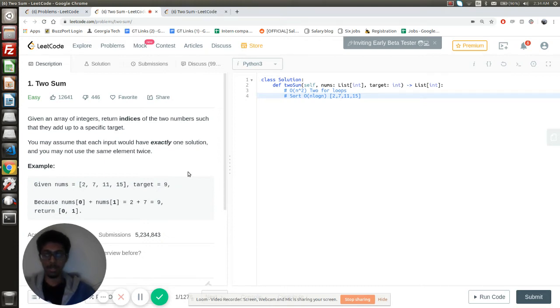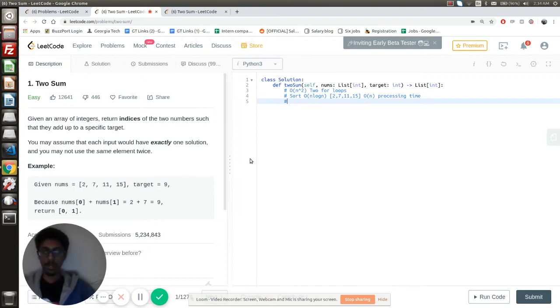So if there is a unique solution, you are definitely going to reach it. That is the logic, and at any point of time you are moving towards the target. So this would take O of n log n to sort, and O of n processing time to reach the solution, right?